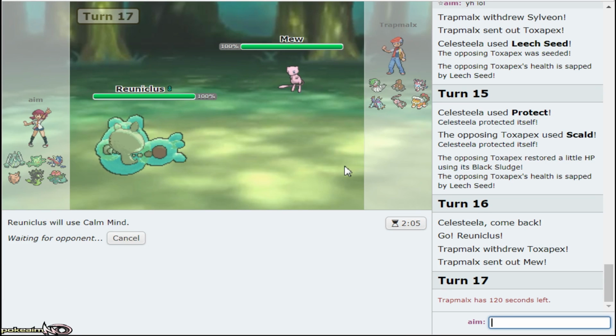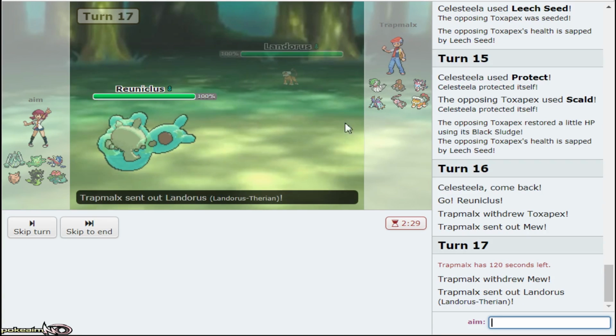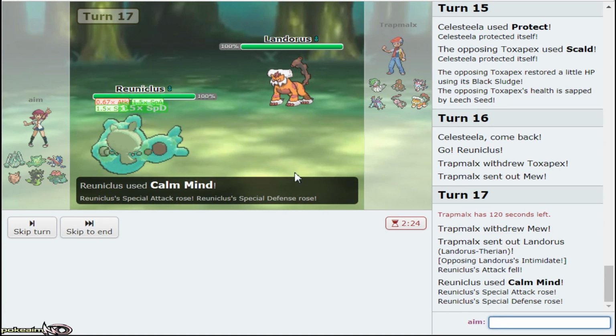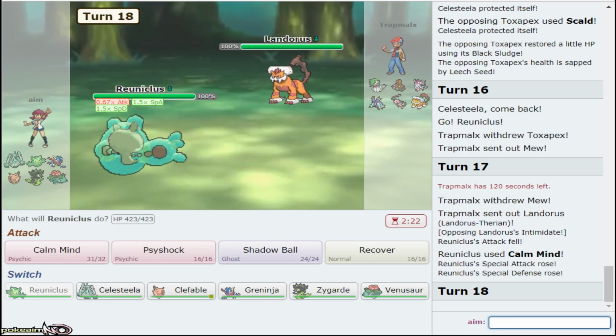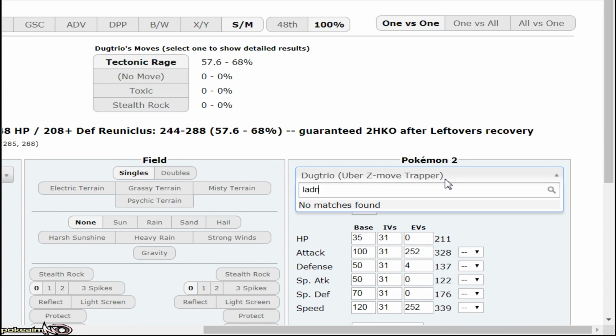Like this one is a problem for him. And we're faster than Haze Toxapex, by the way. That's why we have speed on this Reuniclus. So we are faster than Haze Toxapex. I think the correct play is just to Calm Mind up immediately. I take a move from Landorus as well, and I want to scout if it's a defensive variant or not. So if it is defensive Landorus, which I am praying it is,